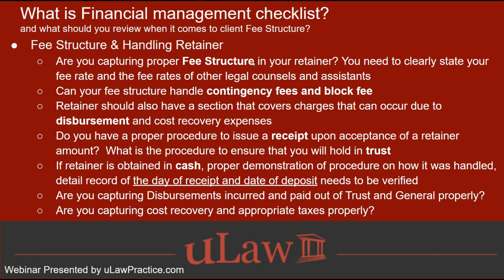Because these are, especially if you're dealing, they will find out, right? As part of your audit, one of the things they will find out is the nature and how you do your business. So when you are showcasing your retainer, let's say your trust ledger and journal especially, there's a column that says method of payment. Ideally, it should say cash, and if they find that there's a lot of these cash in your trust journal, then there's a general understanding that you as a business do accept a lot of cash retainers. Because there are certain legal firms that would say no to cash retainers. They would say, no, I'm sorry, please do send me an electronic mode or means of sending me money.